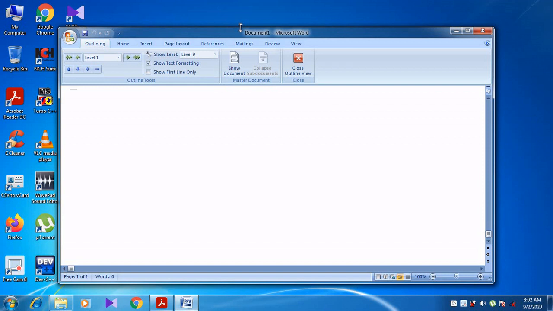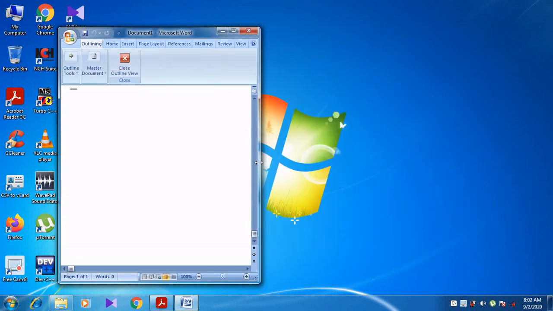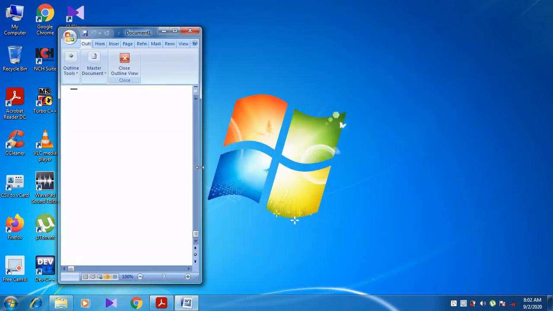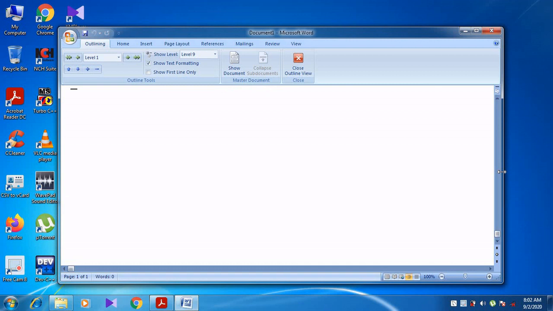Then what do I want to do? You can drag the mouse to the left or right or top or bottom to resize the window. See here, using the left mouse button, press and hold the left mouse button.